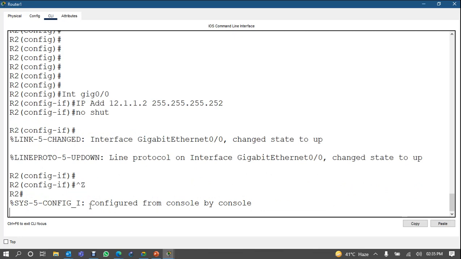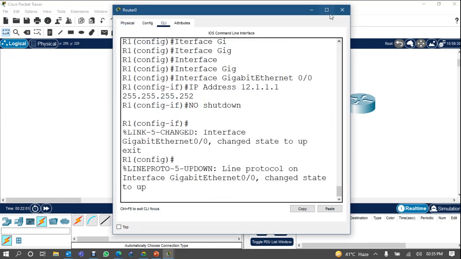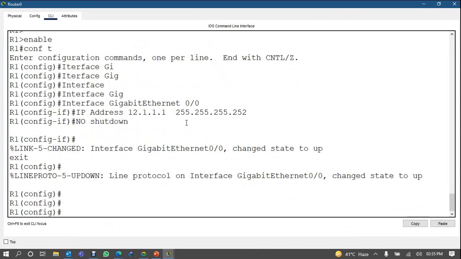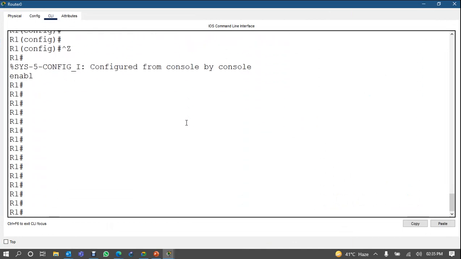And now the interface is up, you can see here. And if you want to check the status, see, it is green now, right? Yes, and now if you come to the router and run the command that we have used here,